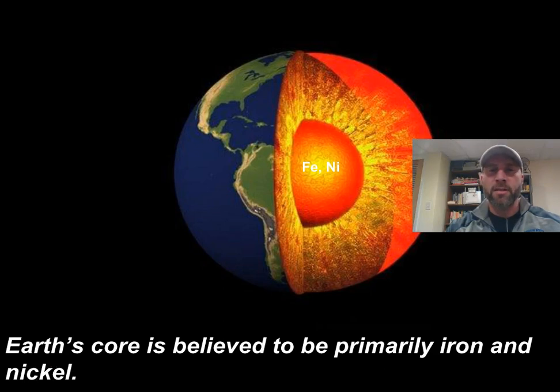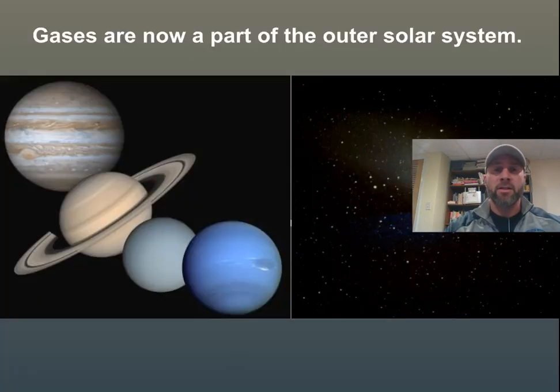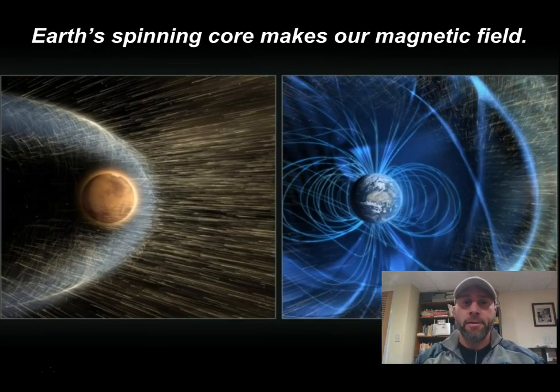And we'll talk about that stuff a little bit later this semester. So our first atmosphere was hydrogen and helium, but we lost that, okay, because as the sun was growing up, it was getting a little bit stronger and it was blasting out all the solar wind. All that hydrogen and helium, because it has such low atomic masses, got blasted off the surface of the Earth, and that got all pushed out to the outer portions of the solar system, and that's where we see it now with our gas giants, right? These are all gas planets because they're further away from the sun, okay, as well as comets out there.